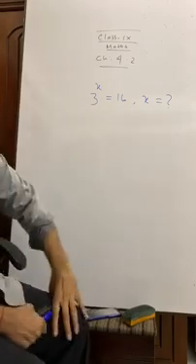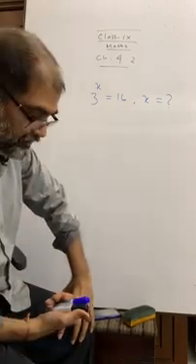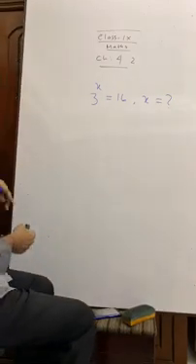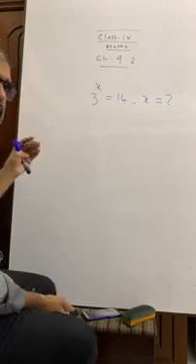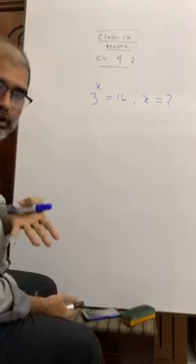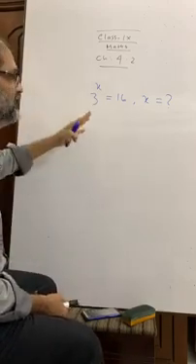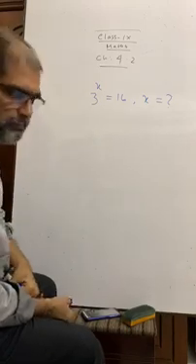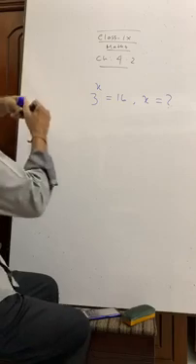Three to the power x equals 16. What is the value of x? Can you write? You see, this is where logarithm is used and why logarithm is used. In this case it is impossible to do the math without the help of logarithm. You see how to do this math.